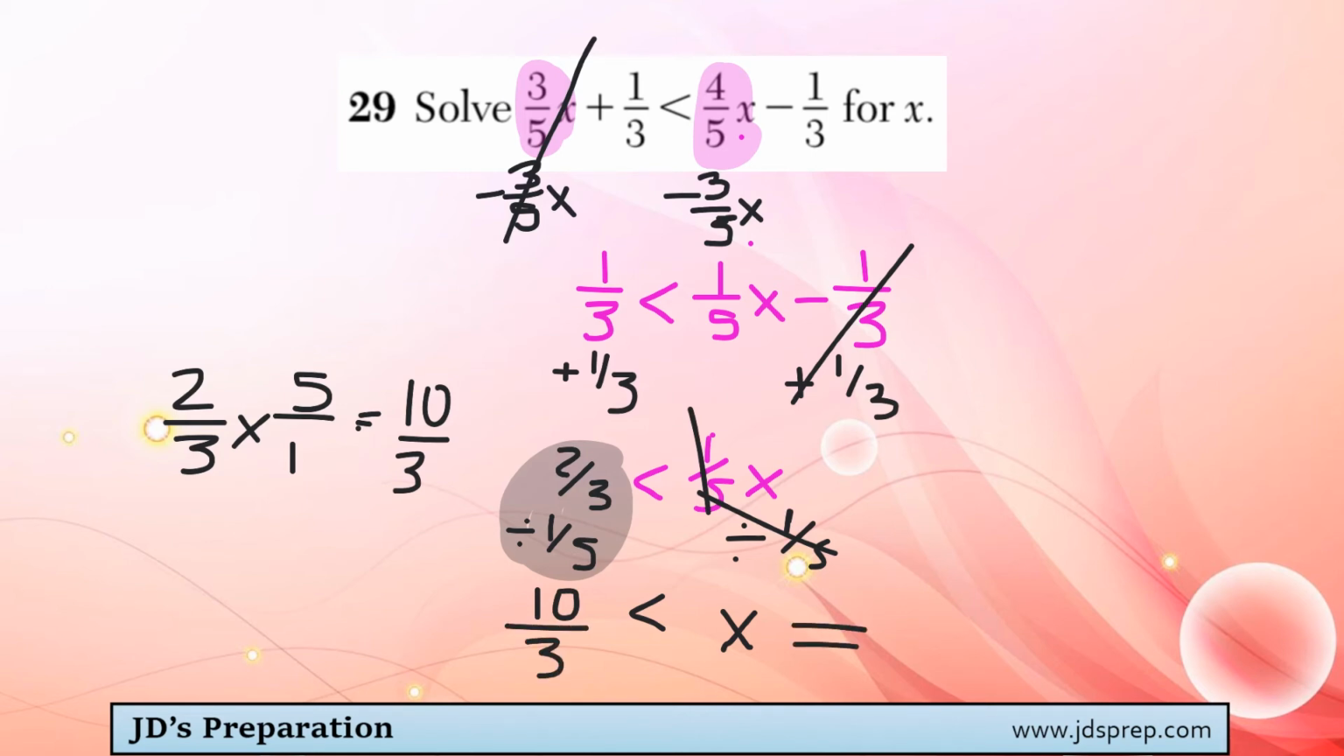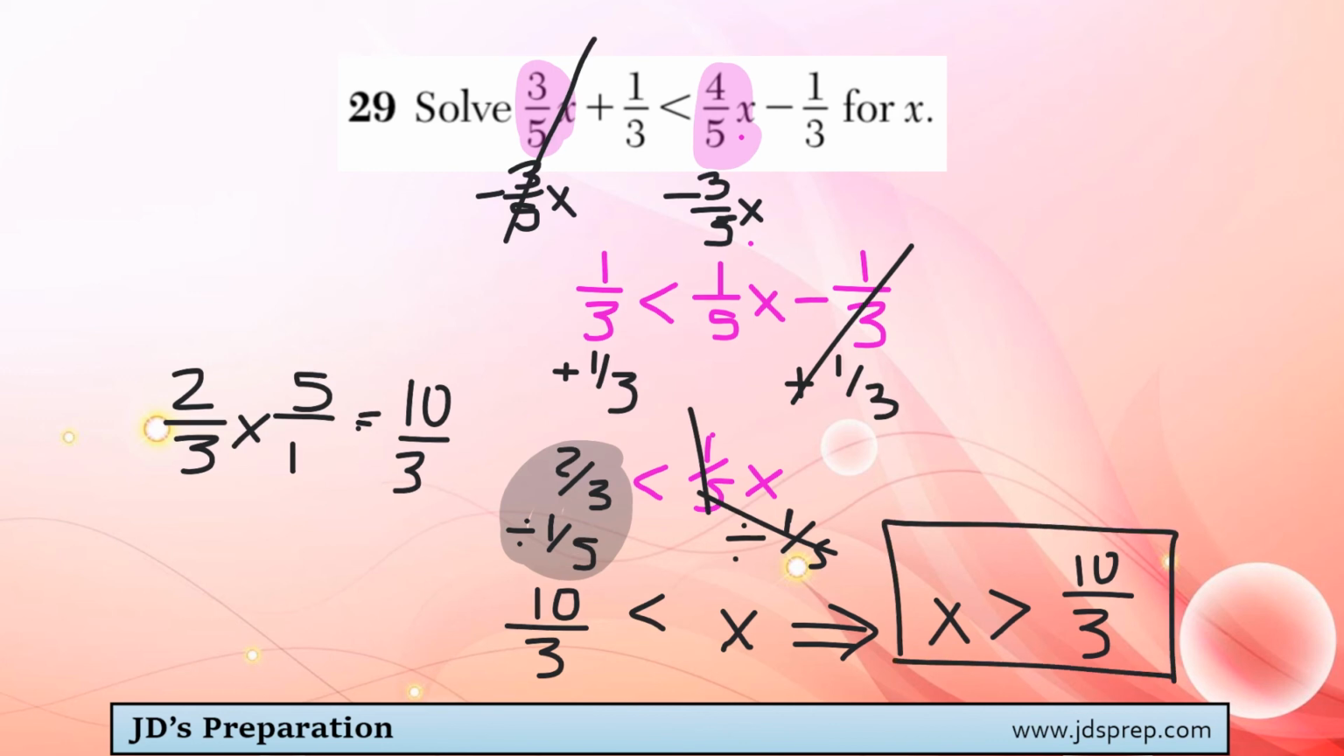And I always like to rewrite this so that our inequality has our variable on the left-hand side. We have our number on the right-hand side. But because we are flipping this whole inequality, our symbol is going to switch directions. So that is our solution. X is going to be greater than